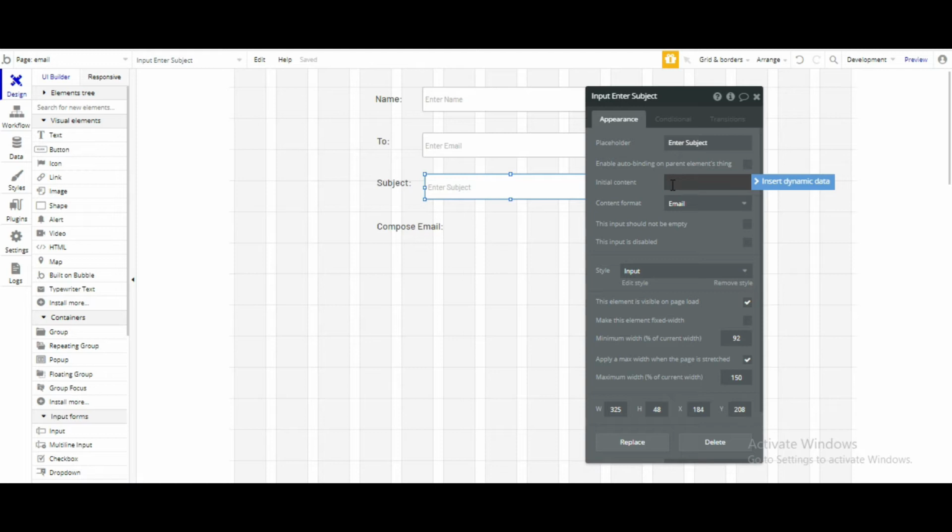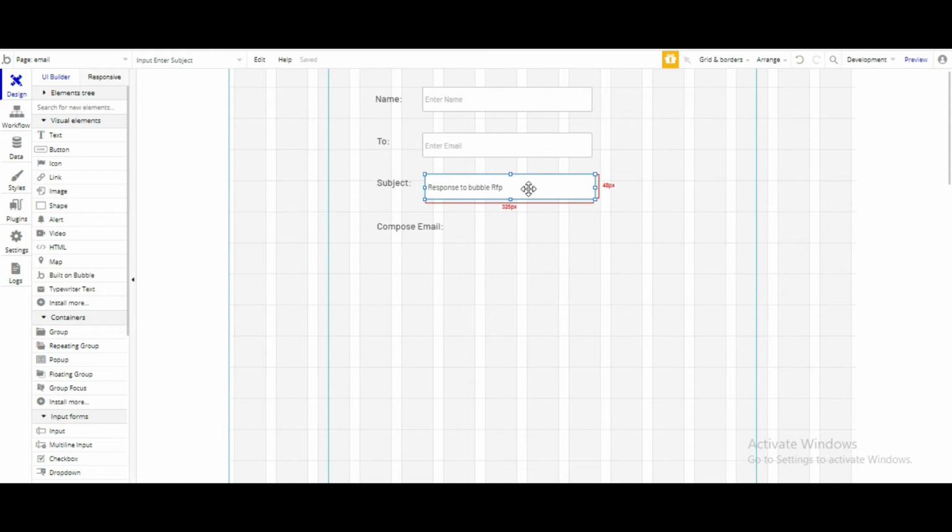You don't have to write it again and again. See, our initial content came here, so we don't have to edit it or enter any input. It will just send the subject.